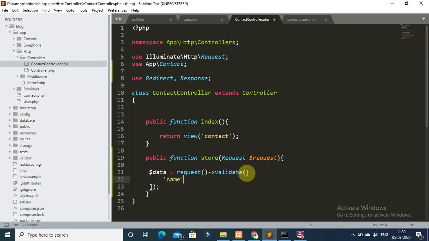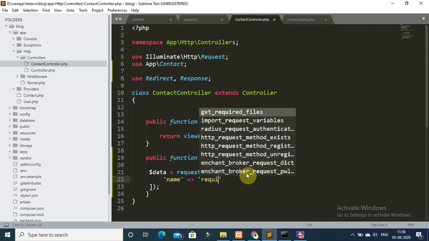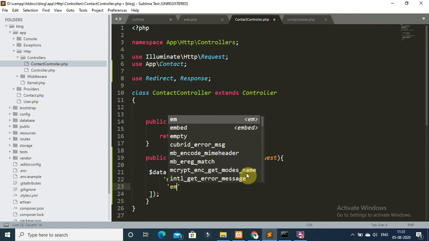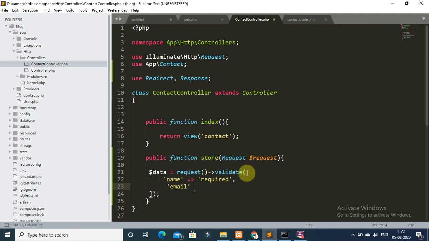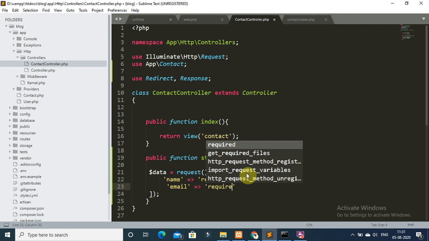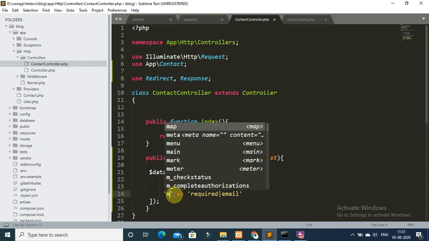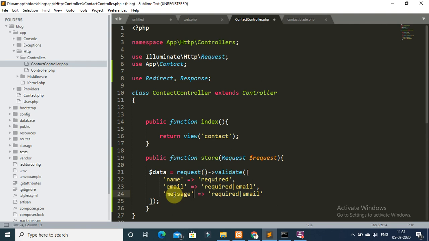First, the name field is required, then email field is required and email, then message, add message, so it's required.